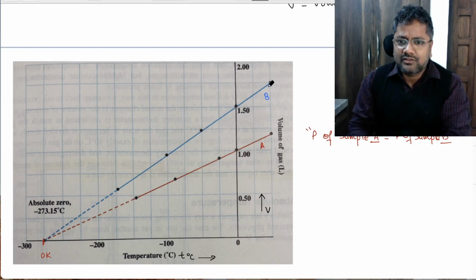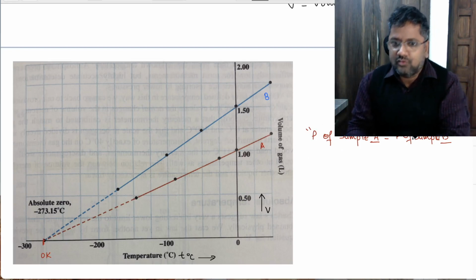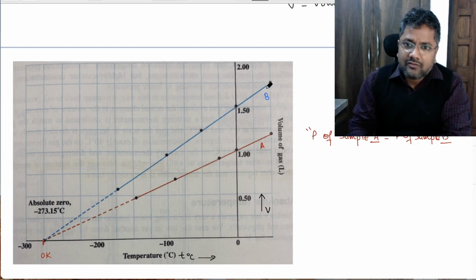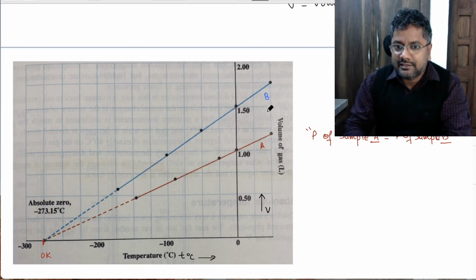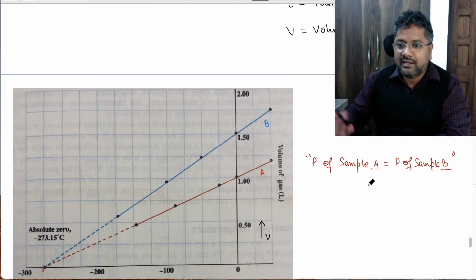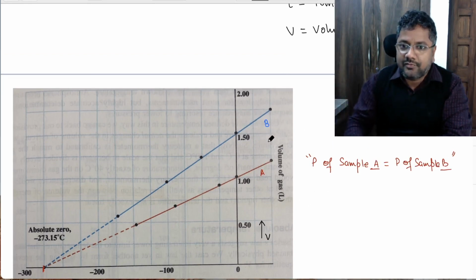So definitely both samples have different numbers of moles. For one gas, on one line, Charles law is applicable, no problem. And the other is a different sample. That's why I have clearly written here that A and B are not the same sample. Pressure of sample A is equal to the pressure of sample B. What facts can we